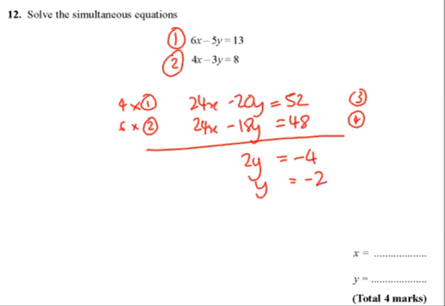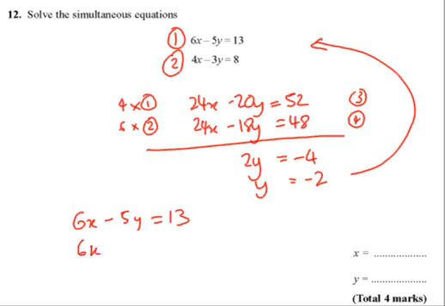Knowing what y is, we then have to go back and work out what x is. So we go back to one of these original equations. And we have that 6x minus 5y equals 13. And if y is negative 2, then when we subtract 5 lots of that, that becomes 6x plus 10 equals 13. So 6x is 3, which means that x is a half. Don't forget, you need to work out x and y. It's kind of helped by the fact that x and y are